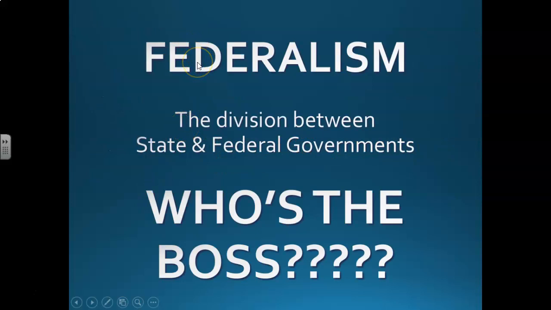So federalism is defined very easily as a division of power between state and federal governments, or federal and regional governments. In the United States, we actually have state, local, and federal. When you think of federalism, just think of this simple definition that we have different levels of government, like a wedding cake. And constantly you are asking the question, who's the boss? Who's in charge of doing things? And you're going to have a chart where we're going to debate these topics that you were supposed to fill out over the weekend as well.